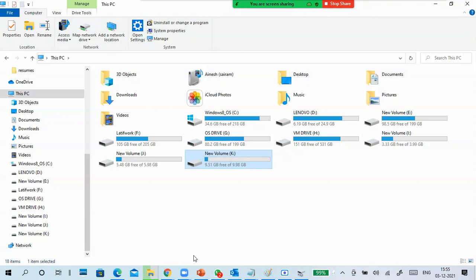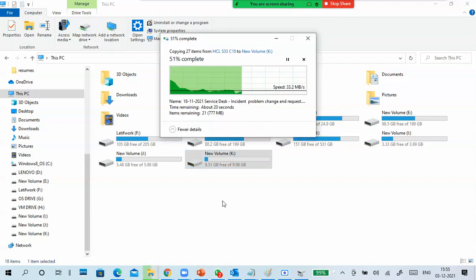Still it is copying, it will take time, but it is copying very fast.